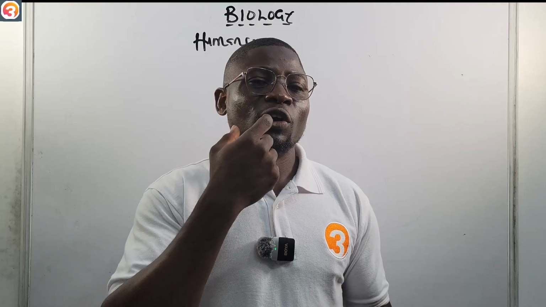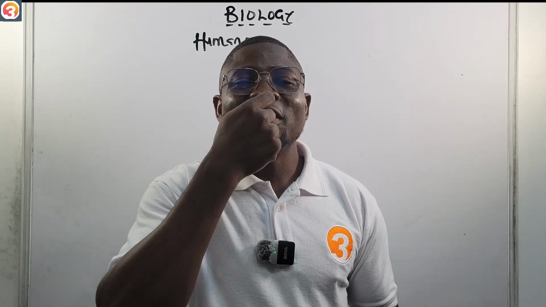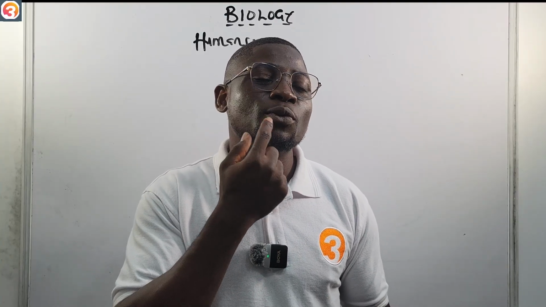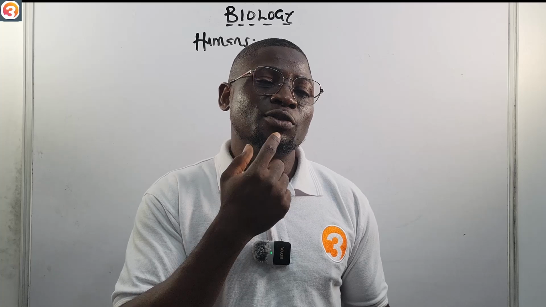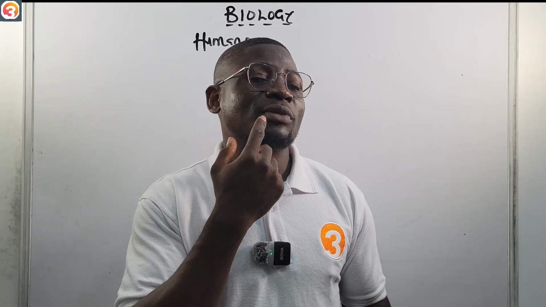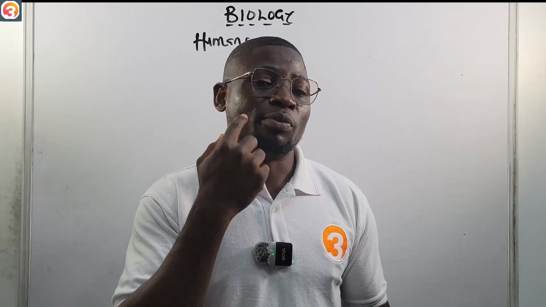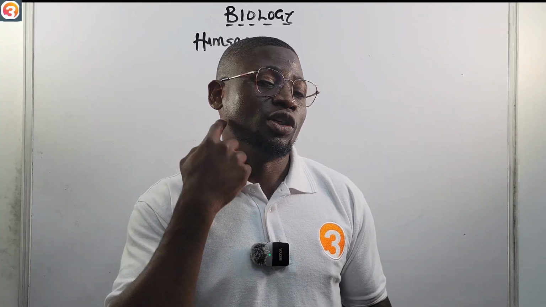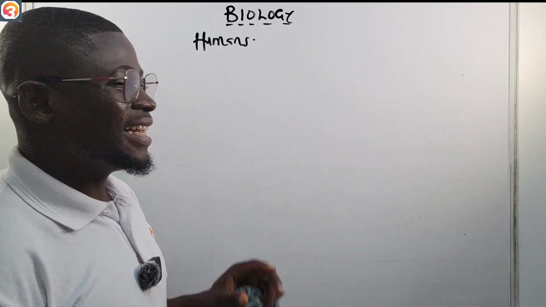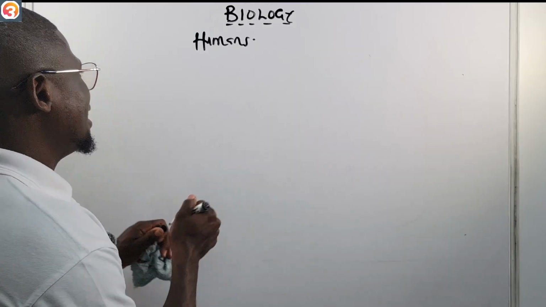So if you divide your teeth into 2, you first of all see 2 incisors. Then after the 2 incisors, the next one you see is your canine, 1 canine. Then you now see your premolars. Then you now see the molars. That is why the dental formula for humans